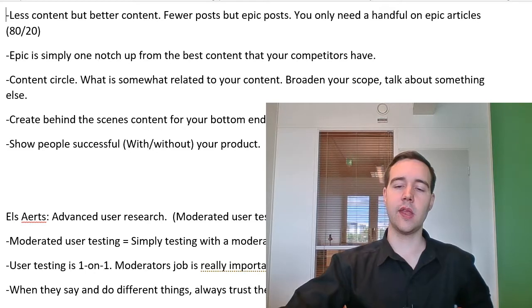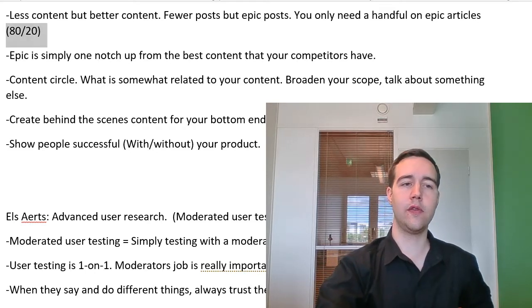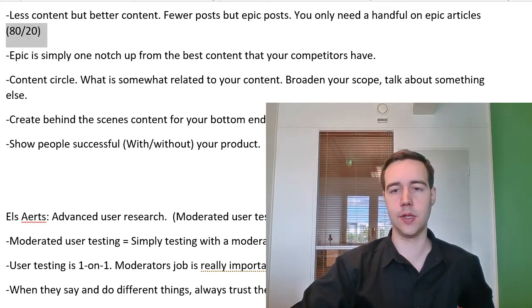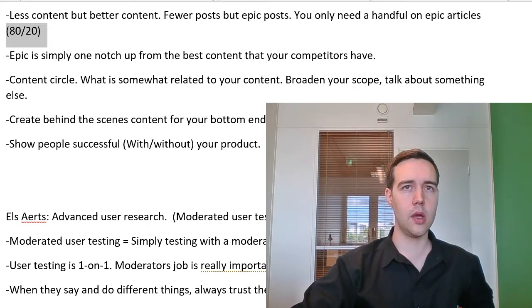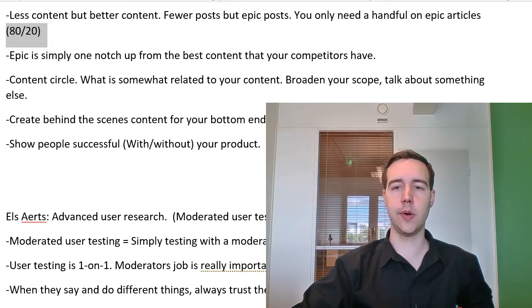And the great thing with this, if you focus on these 80-20 principles with your blog posts, you actually get to have industry leading posts. So maybe you have a very long tail keyword.